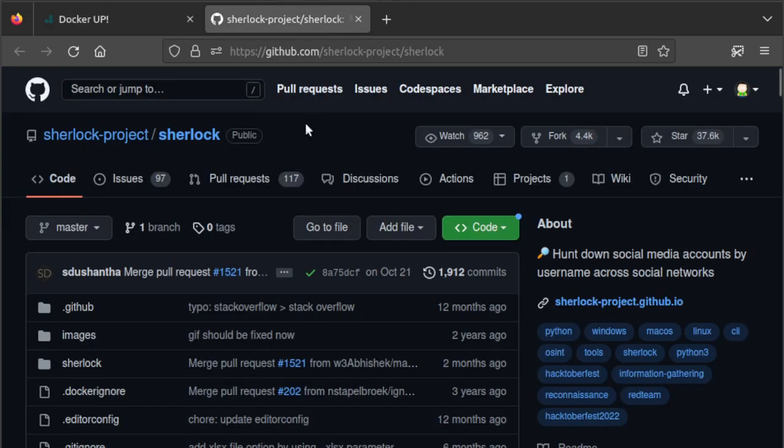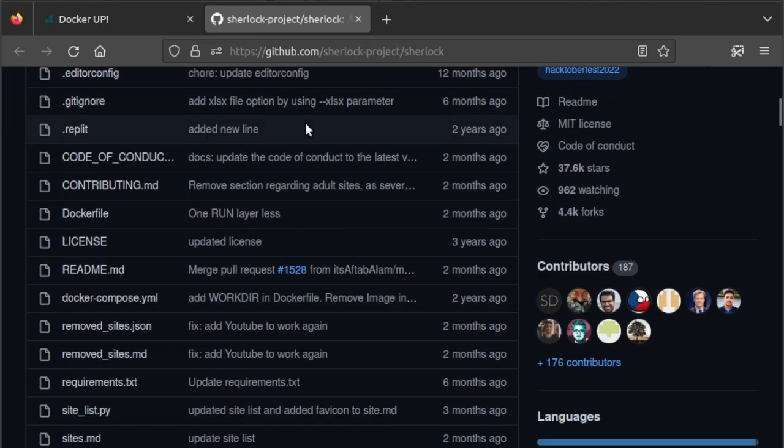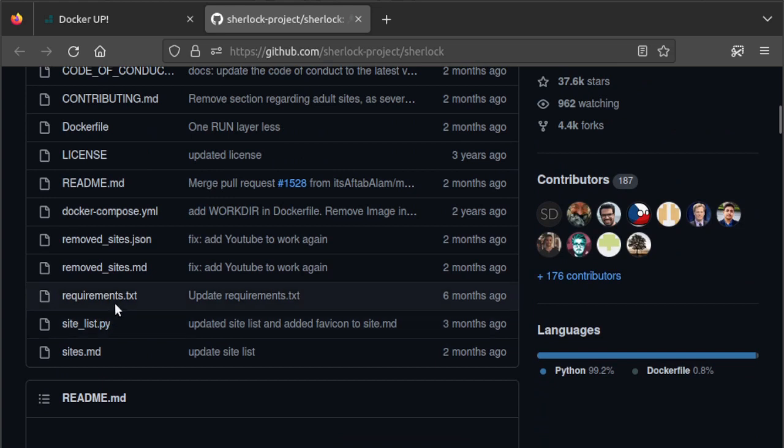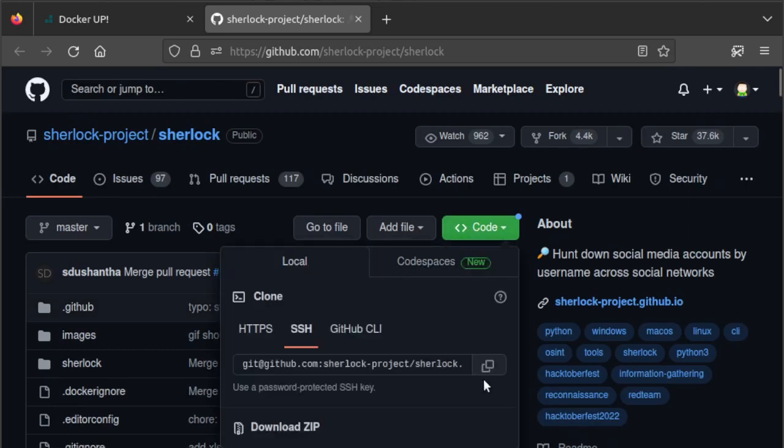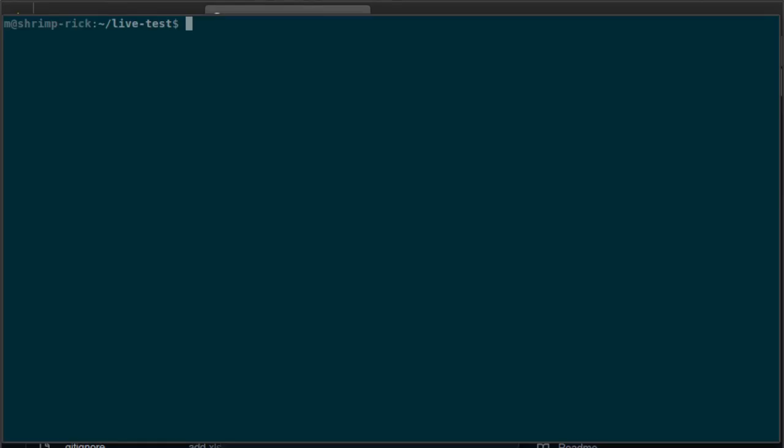Today we'll be looking into Dockerizing Sherlock, a neat tool to find social media accounts written in Python. Main app is stored in same name directory and uses requirements.txt for dependencies. Let's clone it